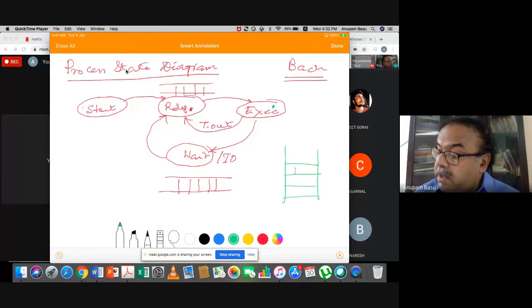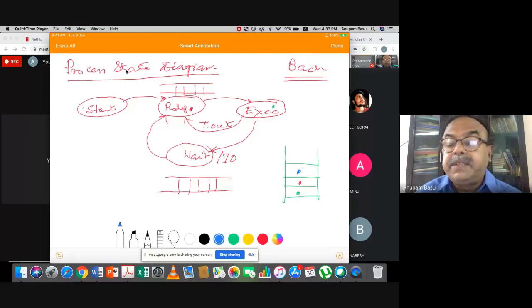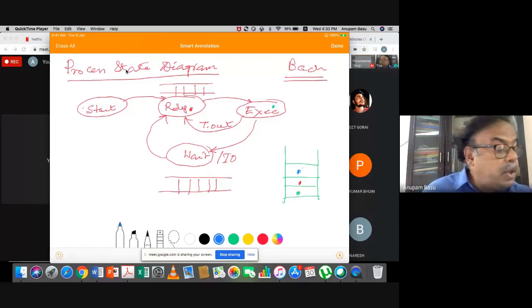This is program 1, or in my terminology, here was the green program. Here was the red program, and here was the blue program, might be. So these were there. Now one of these programs, right now in the execute state, the green program is there. So I was calling it the green process. And because this green is actually getting the access,